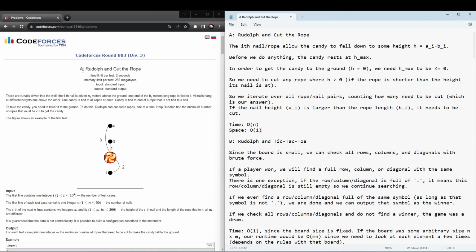So first problem, Rudolph and Cut the Rope. The ith nail and rope allow the candy to fall down to some height equal to AI minus BI. So the height of the nail minus the length of the rope is where the candy can fall. Before we cut any ropes, the candy rests at Hmax. So what that is, whatever the maximum value of this is for all the